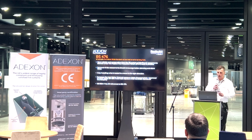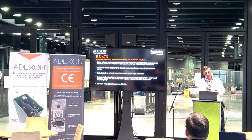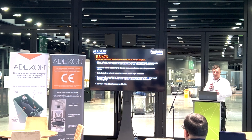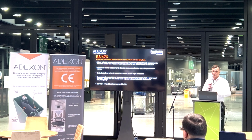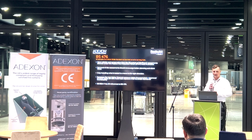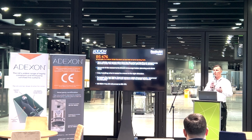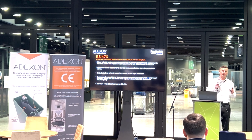It's more conservative too, which obviously, for a fire product and system, is definitely better, to err on the side of caution. It removes those likelihood assessments we just referred to that we see in site assessments, where we think this should be okay. The European standards get rid of that, and we're big advocates of only installing what's been tested. Okay, it's a big investment on the part of us manufacturers, but we've seen it in security for years, if you're familiar with LPCB and LPS 1175 standards for security doors,